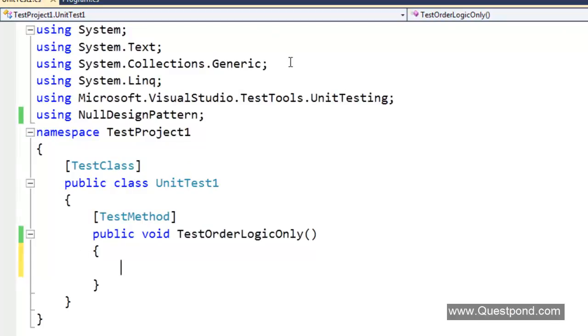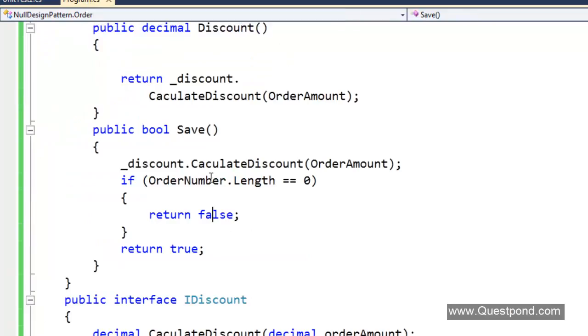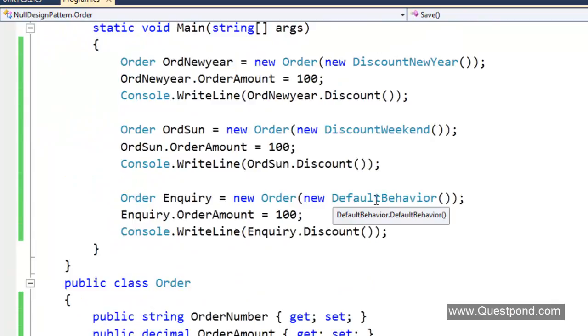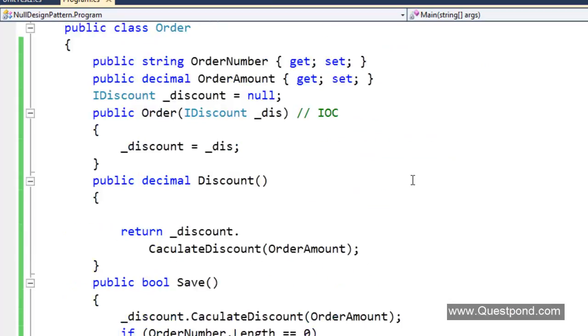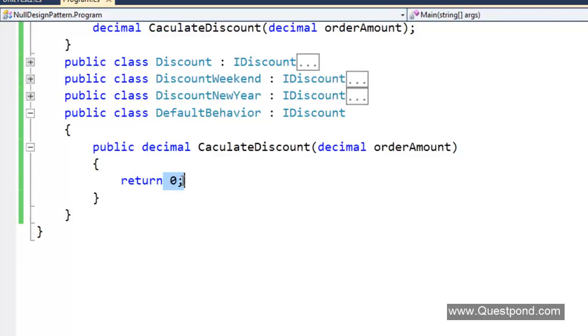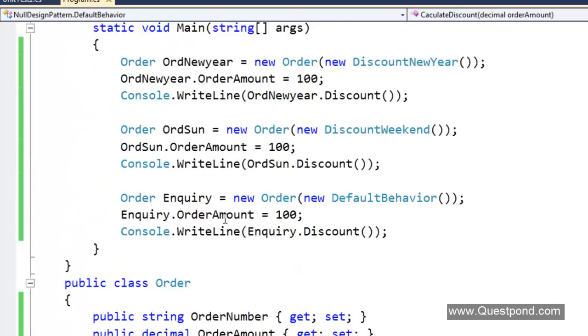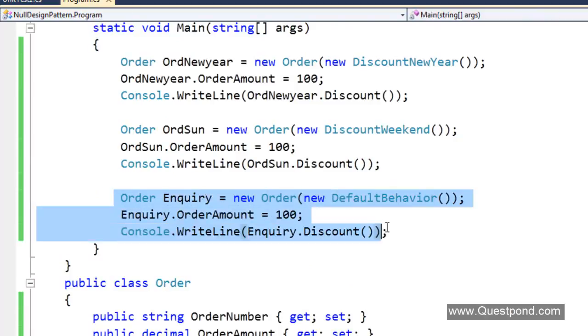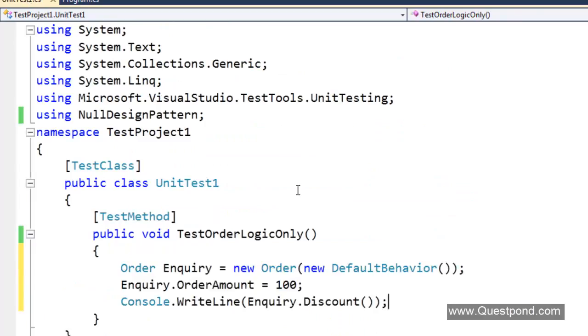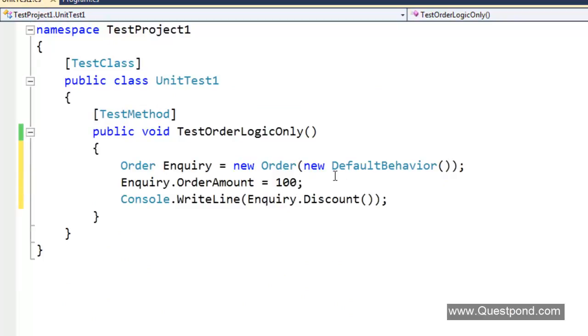So in this case, now if you see, here is my unit testing project. So what I can do now is, because I have this default behavior, right? This default behavior does not have any code. If you look at the default behavior at this moment, it does not have any code. So what I can do at this moment is something like this. I can go to my unit test case, create the object of the order, pass it the default behavior, and then I can happily call